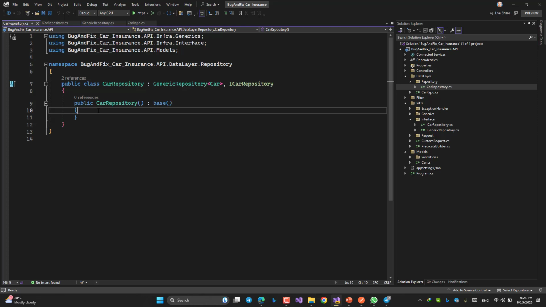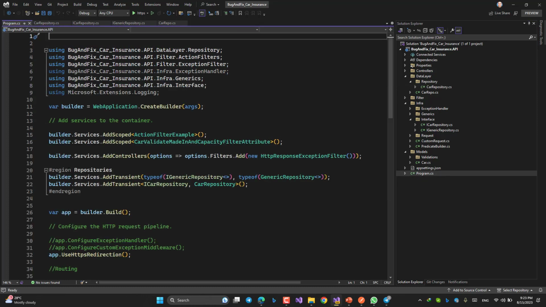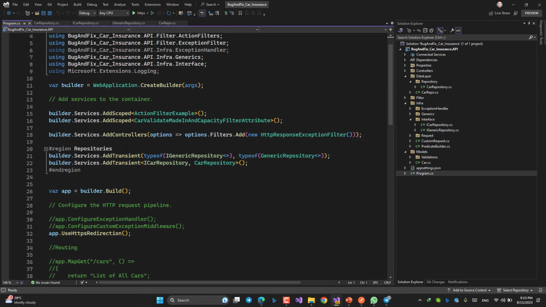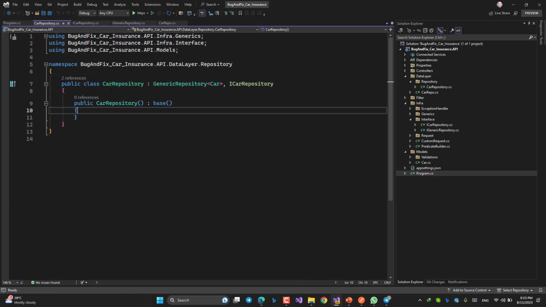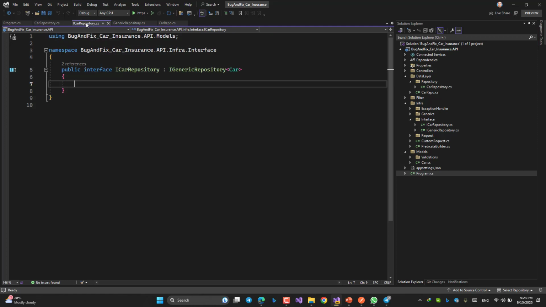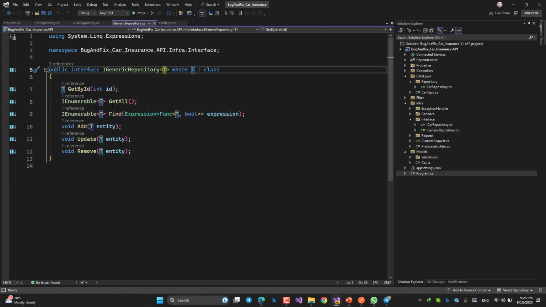But we have to inject it into the pipeline. I already did. I created a region and called it repositories. At first, I registered my generic repository and then the car repository. Okay. Now, I have a car repository, and because of the inheritance, I have some methods. But